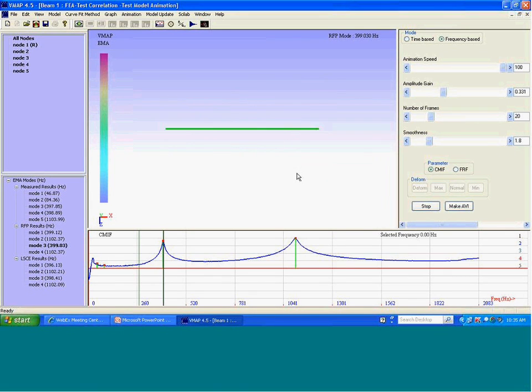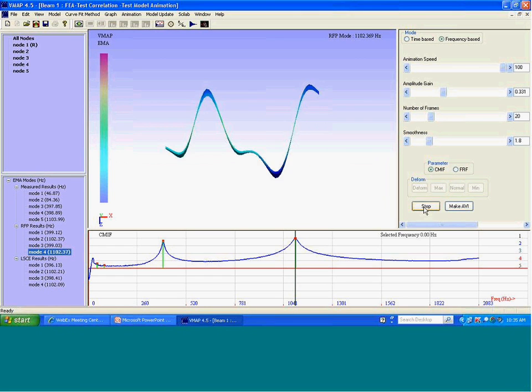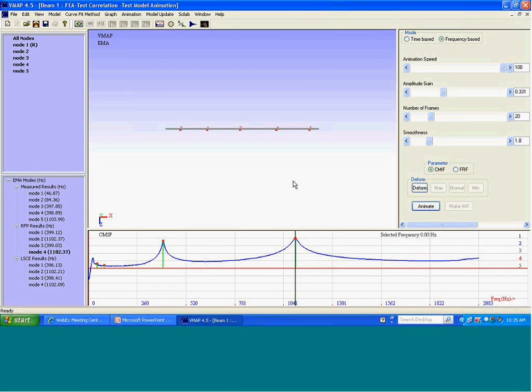So this is a free beam, and this is the second mode that we are looking at, in the next higher mode. Okay. So it's